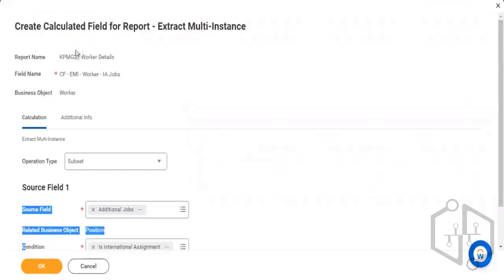All instances within the additional jobs are evaluated based on this condition. Only those instances are included in this field which satisfy this condition. So now when I run this report,